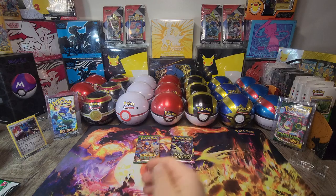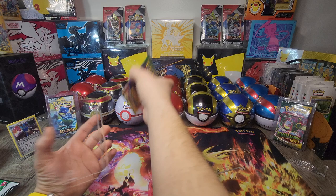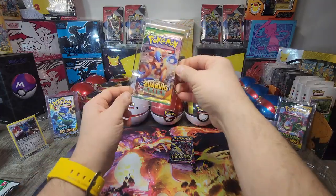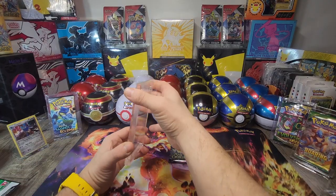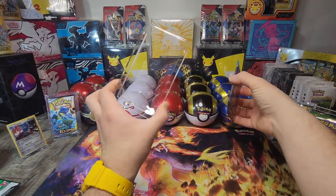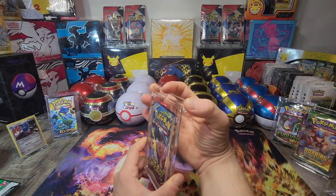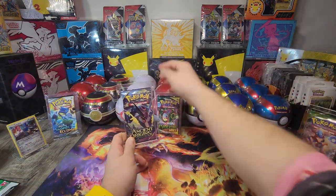Since these packs are in such great shape, I'm going to put them in a nice little acrylic. I guess I can hide the logo on the back, but yeah, let's see. Put this in right here. Little magnet. Boop. That's awesome. And these Knockout Collections used to be sold at Walgreens, at CVS. But now if you're buying them on eBay, you'll have a better idea what you're buying if you're buying these two